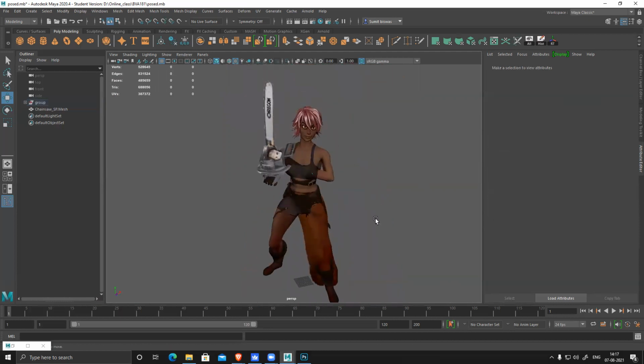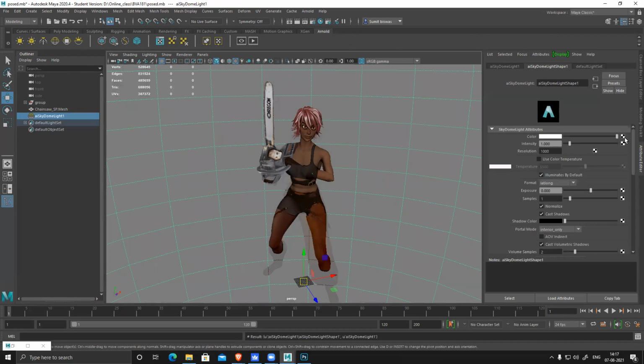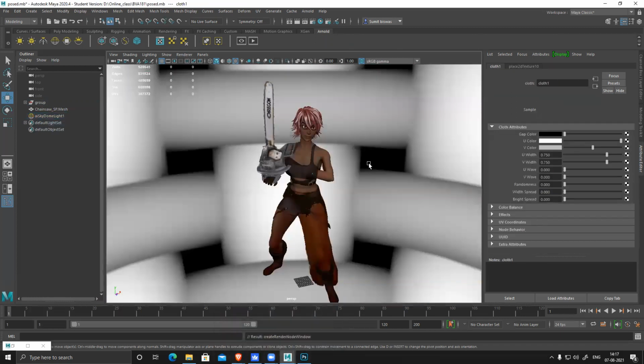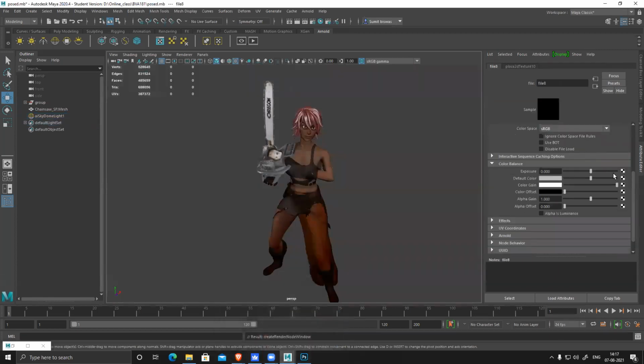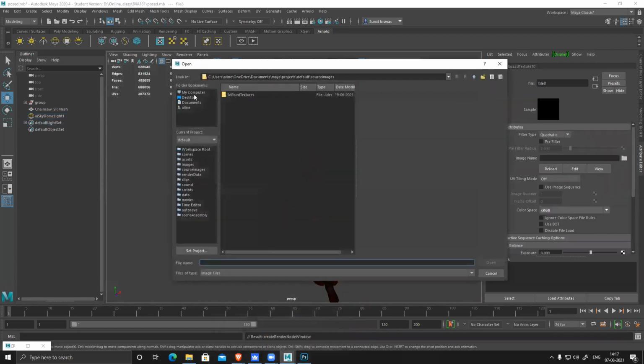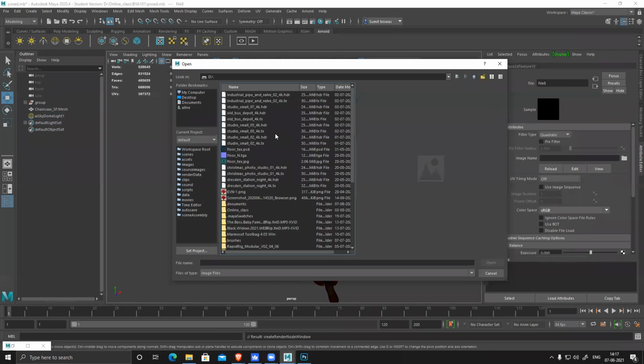Okay. So for render, we need to add some lights, otherwise you cannot render anything. So the easiest way is to use a sky dome and connect, sorry, undo, connect an HDRI map. I already have a couple of HDRI maps downloaded.